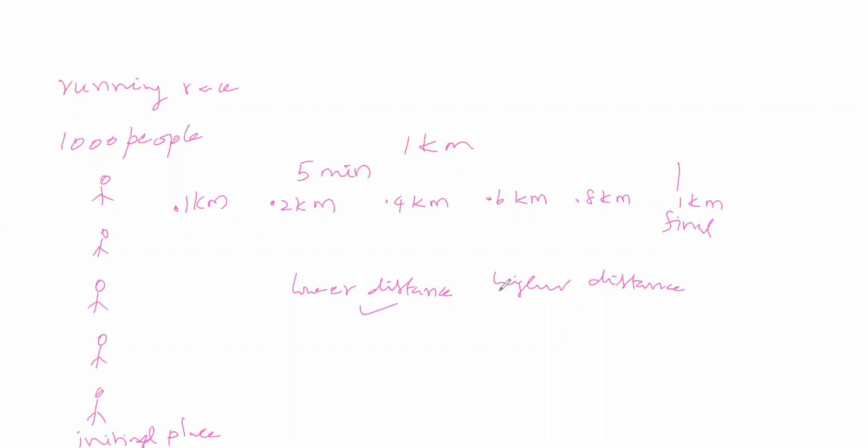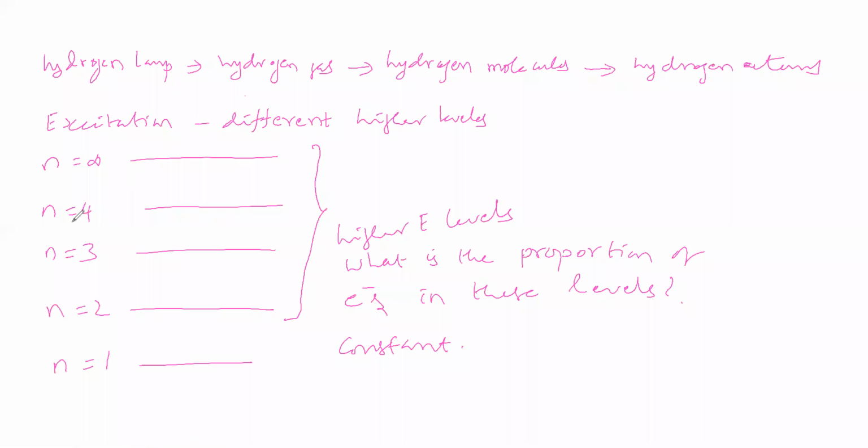The same concept applies in a hydrogen lamp also. That is also taken from nature. This running race is about living things, and hydrogen gas is non-living, but that is also nature. So now think that we have taken a hydrogen lamp and we are passing current, so we are giving energy. Just as living things take food for energy, for the hydrogen lamp we are giving energy in the form of current, at constant voltage.